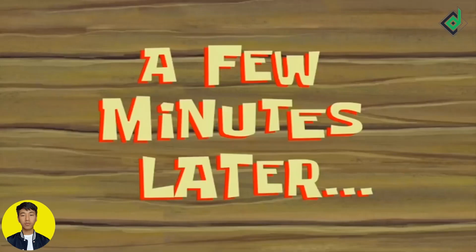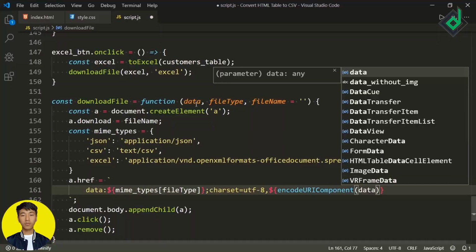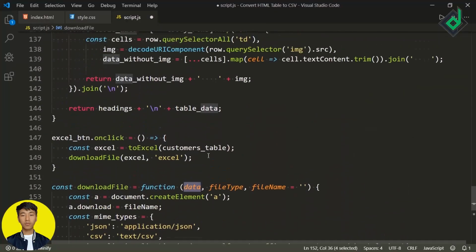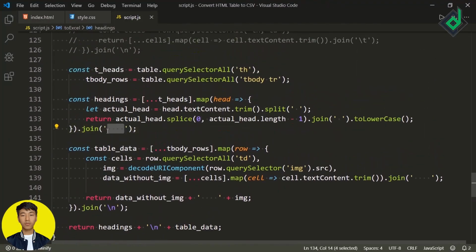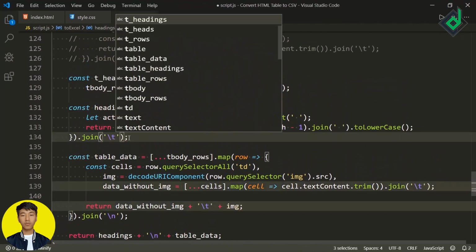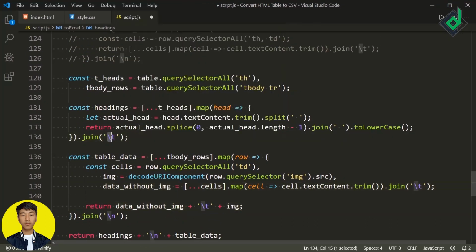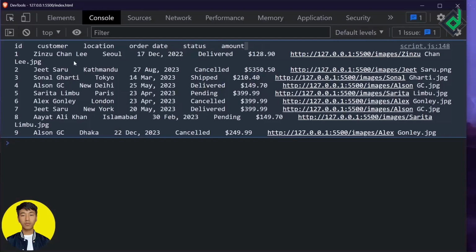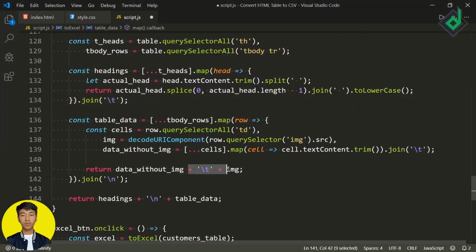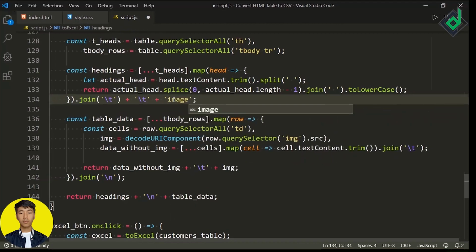A few minutes later, and I have exported the file, but there was some problem. But when I gave /t instead of that forward space, everything was working fine. So it's better to give /t instead of that forward space. And also, if you have noticed there, we have added the new table data, but for the table heading, I have forgot to give new table heading for that customer image. So now you can copy this code and paste it there. Instead of that image variable, let's give the string image name.